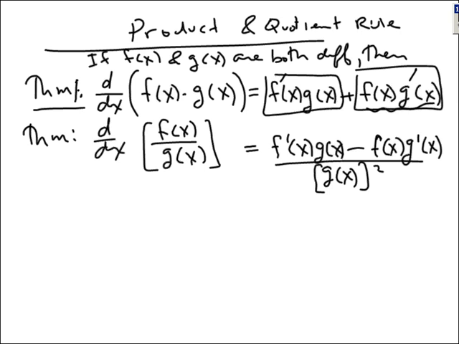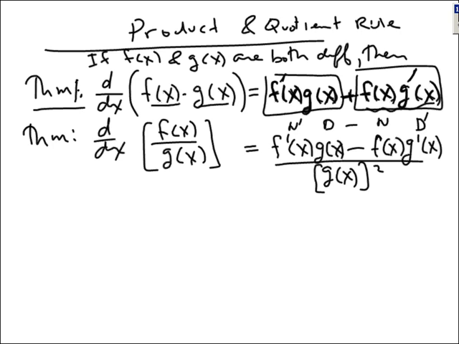Okay, you have to know these 2 rules. I call f of x the first and g of x the second. I like to say it's the derivative of the first times the second plus the first times the derivative of the second. Quotient rule is similar. Instead of saying first and second, I say top and bottom, or numerator and denominator. The derivative of the top times the bottom minus the top times the derivative of the bottom